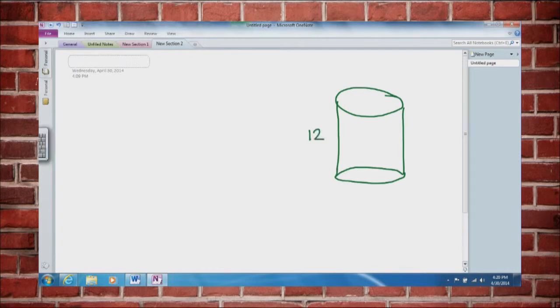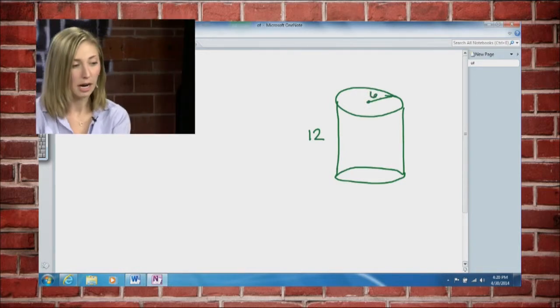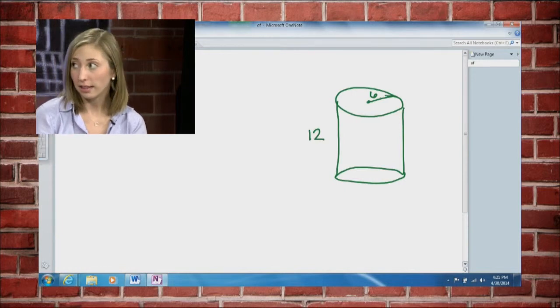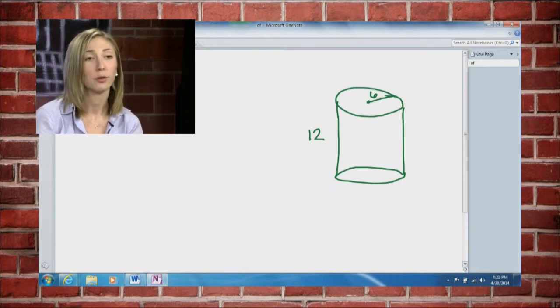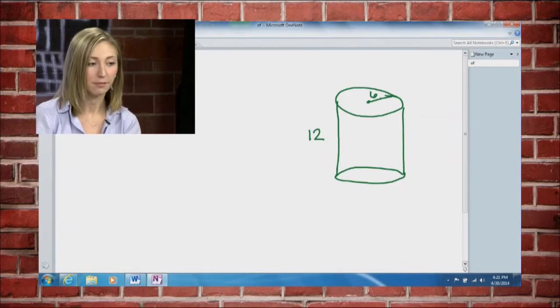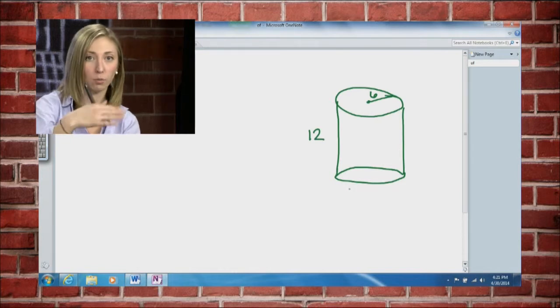So our height was 12. It didn't say what, so we're just going to say 12 units. And then the radius is 6 units. This is enough to help us find the volume. They were asking us for the volume with 90 degrees removed. Now, I'll get to that after, but first I want to get to the volume of it where we don't